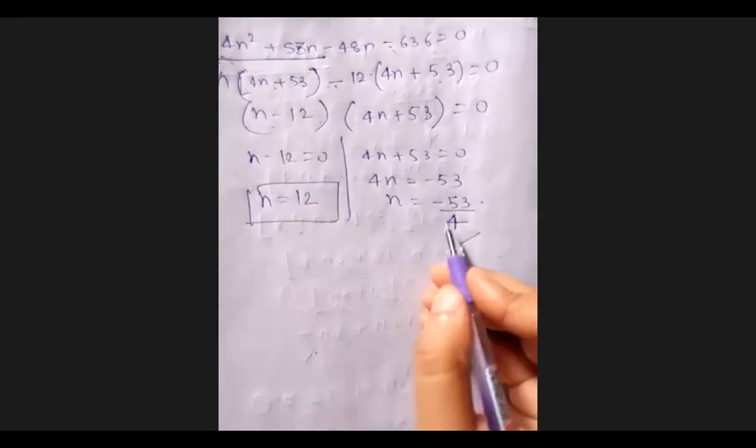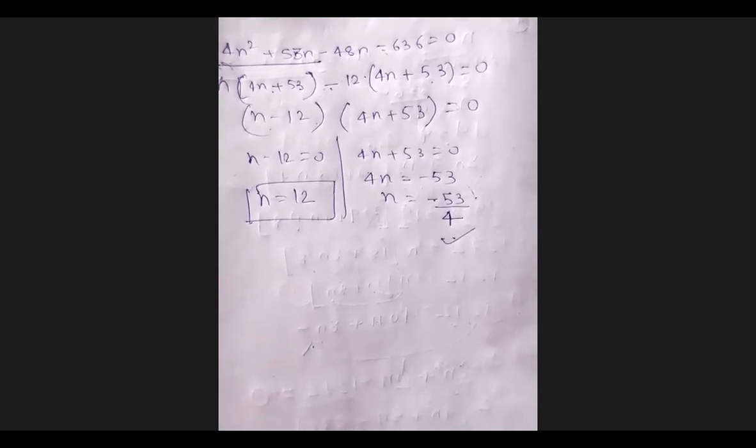When the question asks to find the number of terms, the possible number of terms can never be negative or a fraction. Let me simply explain the meaning of the number of terms. Can you count your batchmates in your class in negative? There are -4 students. Can you say that? No. Can you say it in decimals? No. Can you say, ma'am, there are 0 students in my class? That also you can't say. It means neither can you take 0 nor a decimal or fractional value.